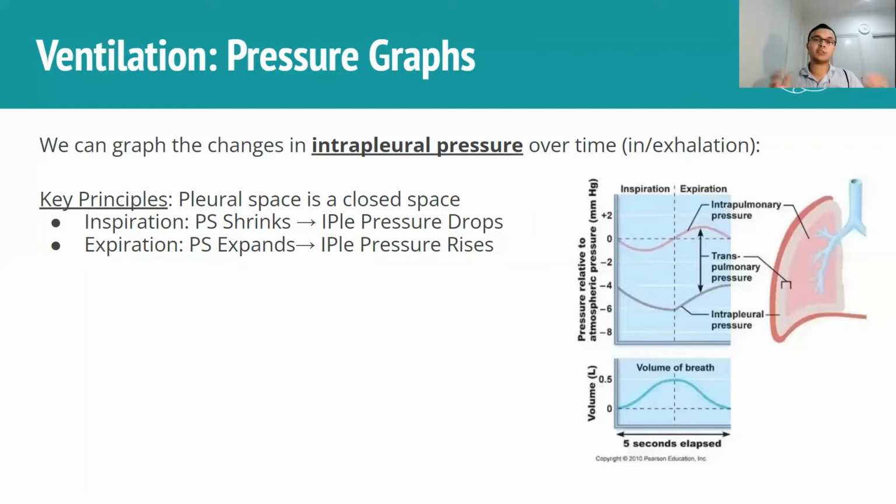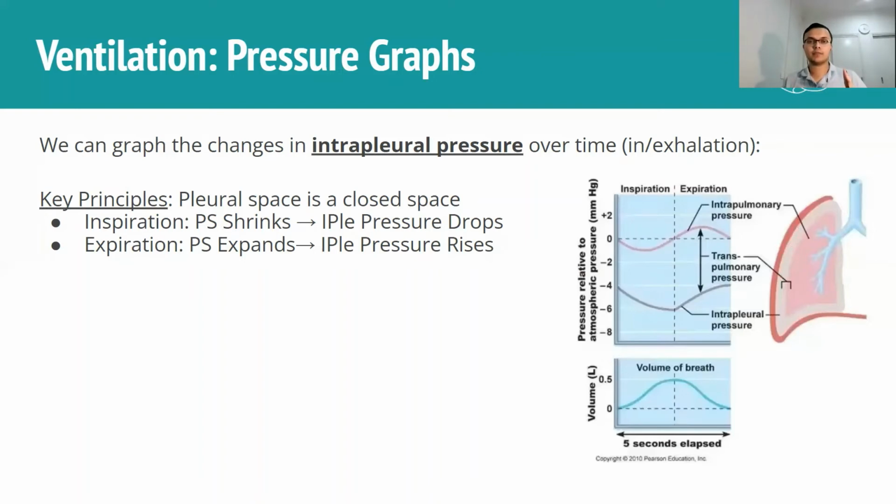And then during expiration, the opposite happens. During expiration, your lungs are going to shrink. And so the space between your thoracic wall and the lung, the pleural space, is going to increase. And again, over here, the opposite happens where when the pleural space expands, instead of the pressure actually dropping, it's